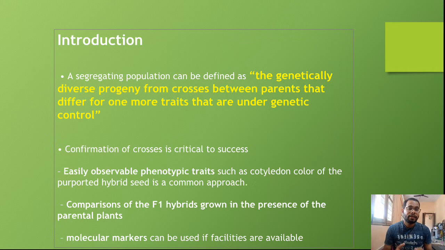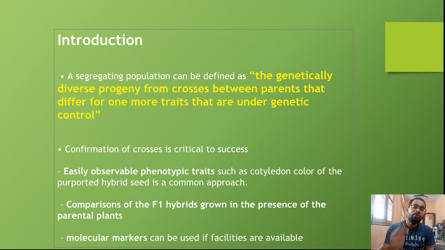For better understanding I will tell you one example. Suppose this is a red-flowered plant, and another is a white-flowered plant. When you make crosses between them, you will get F1. F1 should be a mixture of both of these plants, so the F1 color is pink. Pink color will be produced from the crosses between the two parents. But in some crosses you will not get F1 with pink color. Some of them are red or some of them are white.